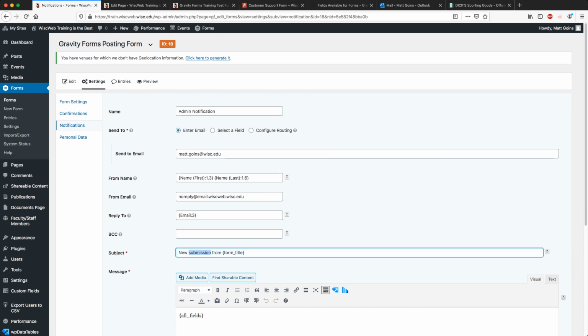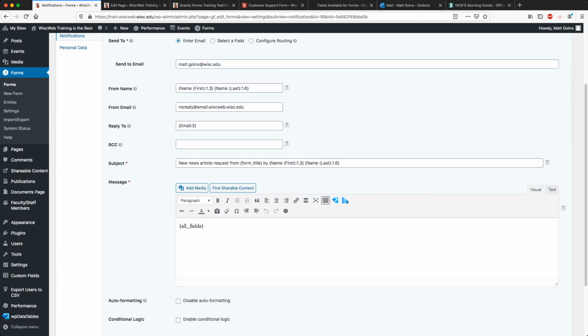New news article request from form title by, and then I might put into here just some general information about whoever's receiving this. So maybe one person would be responsible for going into